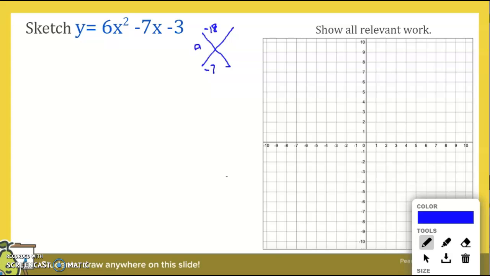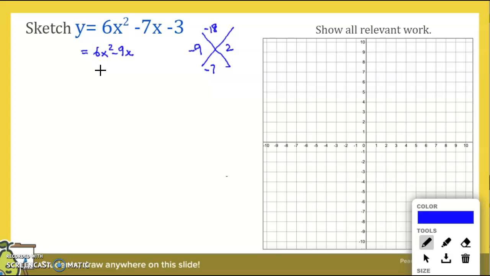That's going to be 9 and 2, and 9 times 2 is 18, but 9 minus 2 is 7. I know one of them is going to be positive, one's going to be negative. I want to end up with the negative 7 as a sum. That means the bigger number of the two has to be negative. So I have just solved my diamond so that I can now split the middle term, 6x squared minus 9x